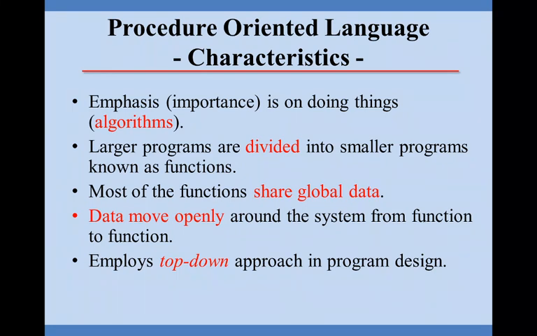Most of the functions in this kind of programming language share global data, data which is common to all. So data is moving openly around the functions. One data item which is declared as global is available to other functions also. This is how it is moving openly. And it employs a top-down approach in programming design. As we saw in the previous diagram, we have one main function calling sub functions in the second layer, then in the third layer these are again divided into parts. So this is a top-down approach of